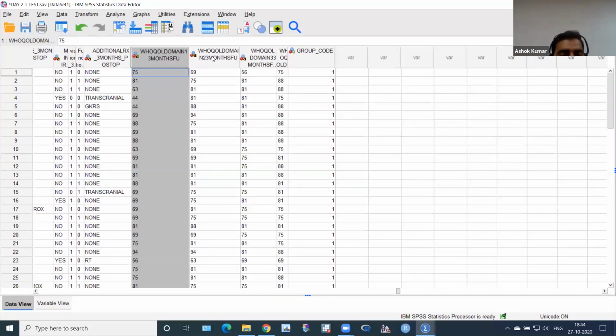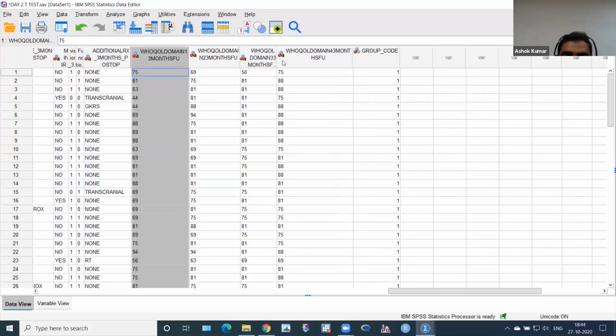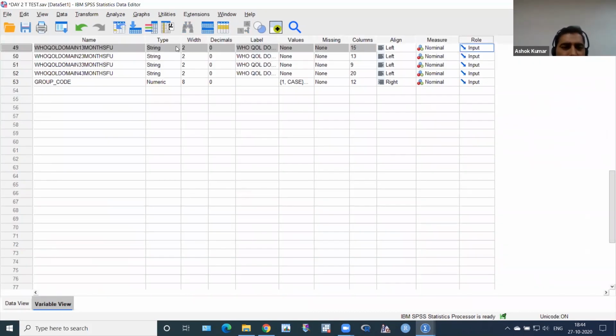So for within a subject, you have to make some corrections because this is a paired t-test. Again, this is a nominal variable, so I have to correct these nominal variables. I have to click here directly. This is a shortcut method. There is no need to go to variable view. Directly correct here. I don't have time. So okay, just click here.